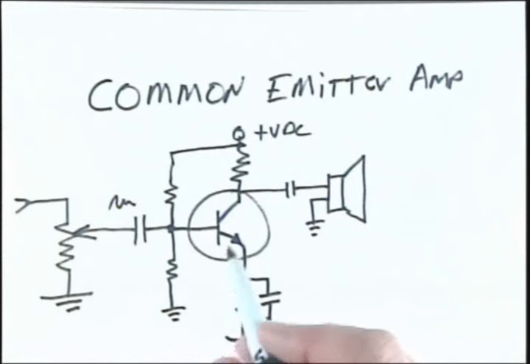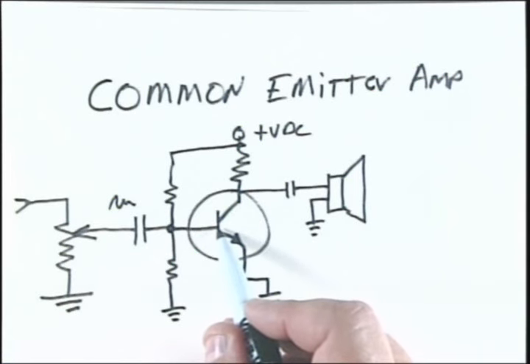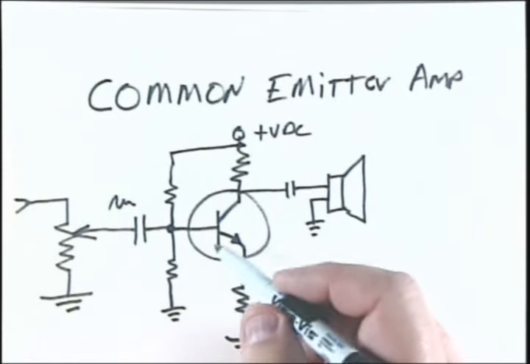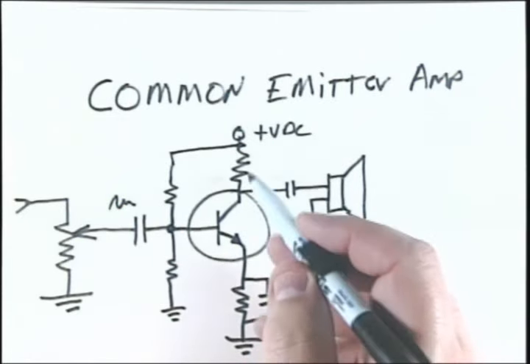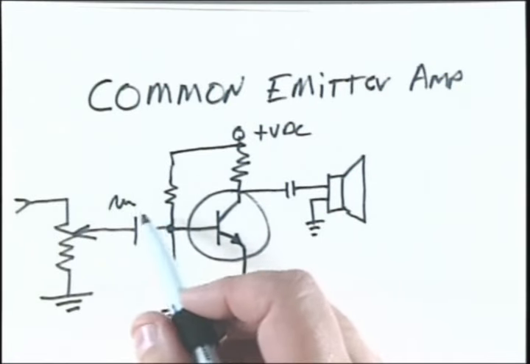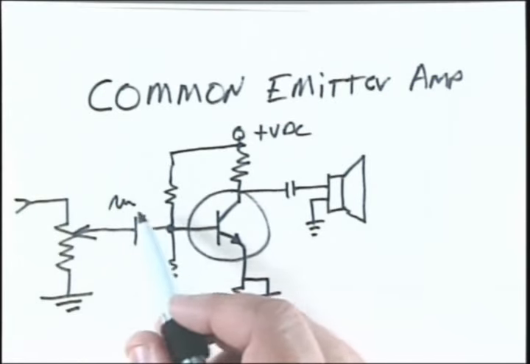And so I pick the right bias point to allow this transistor to be in the middle of its conduction point. We want to have it where it'll be able to swing both low and high in its current flow from the emitter through the base to the collector, depending on this signal. So once it's biased where it's turned on, then this signal comes in through this capacitor, is